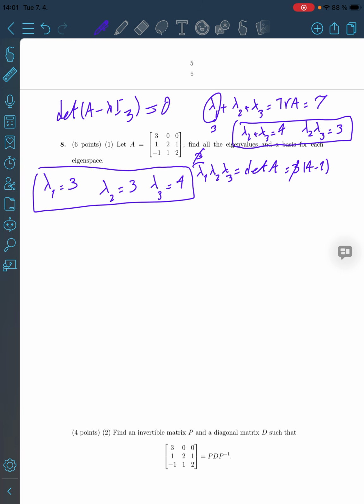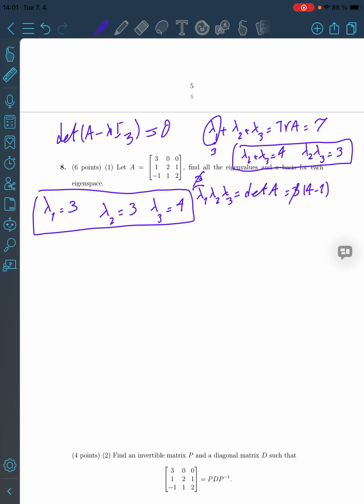But the question also asks for eigenspaces, a basis for each eigenspace. So now to compute the basis for an eigenspace, it is enough to compute the kernel or null